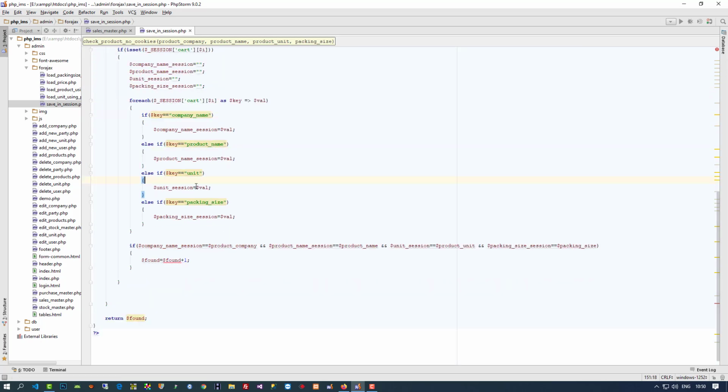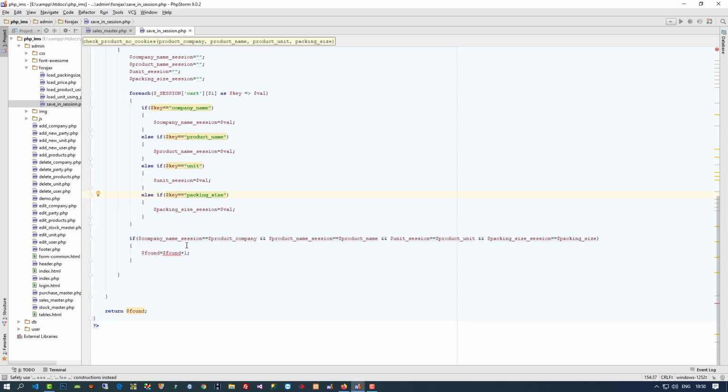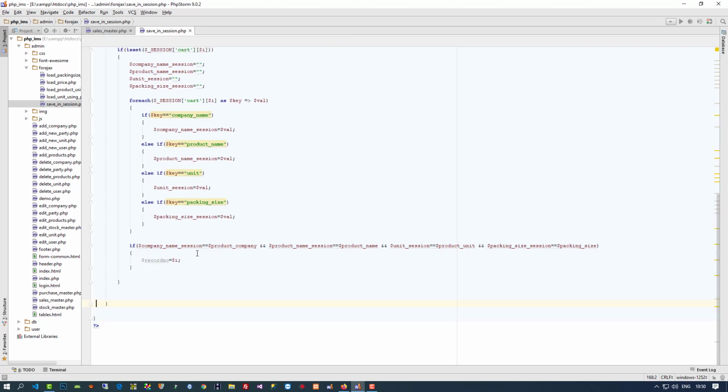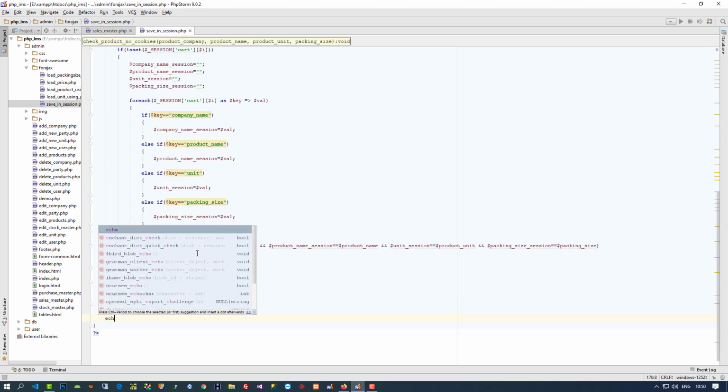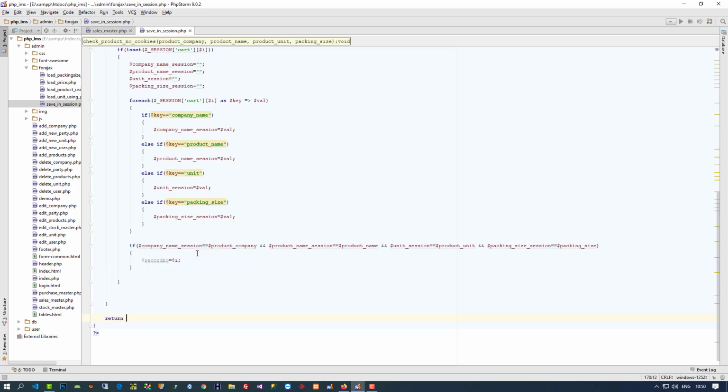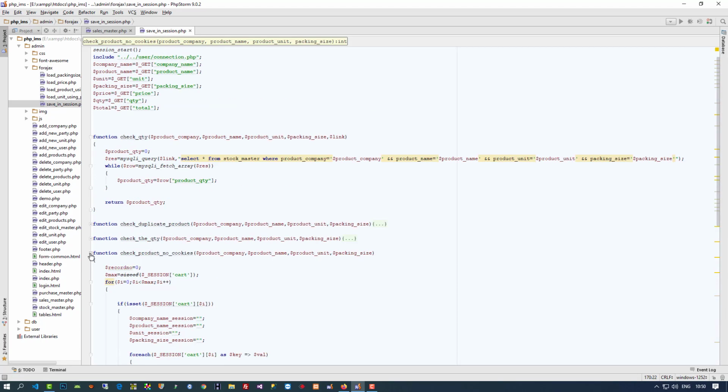Company name, product name, unit, these all are okay. Here only we need to change $record number is equal to $i, and we are going to change here return $record number. Yeah,